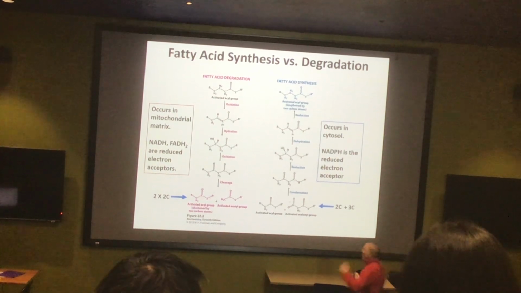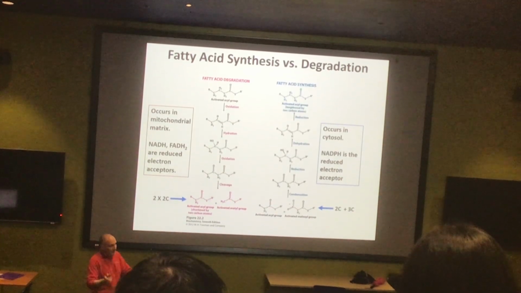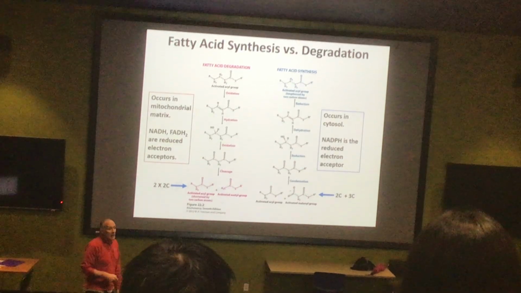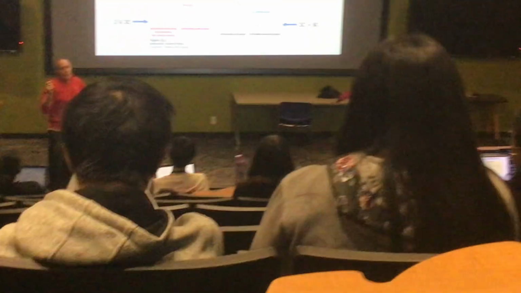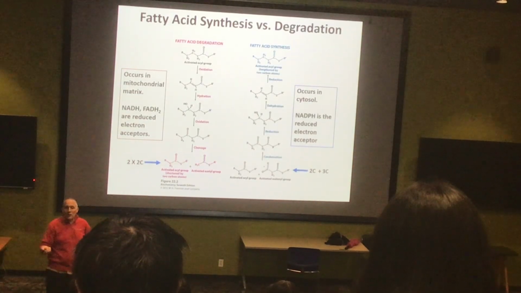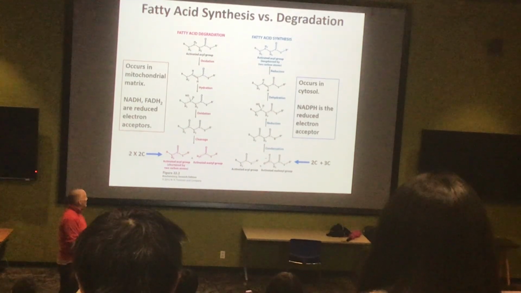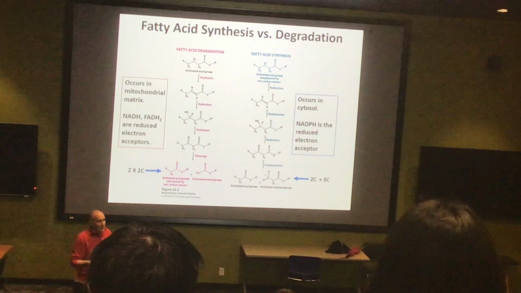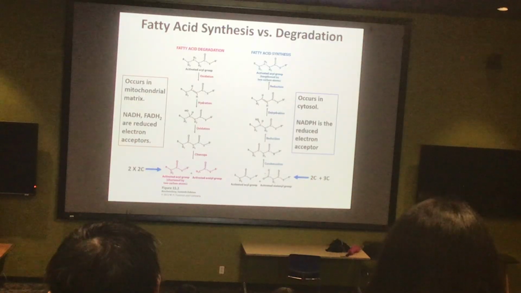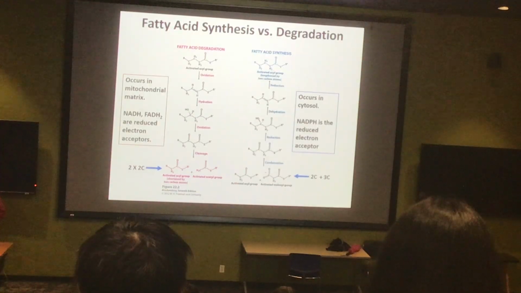Biggest difference of all: each time we went through beta oxidation, we chopped off, for most of this, yes, but we'll say it for all for now, 2 carbons, except the last step, of course, where we had 2 carbon fragments. This process of synthesis is going to involve sometimes a 2 carbon fragment, but more often than not a 3 carbon fragment. So even if you look at the first round of synthesizing a fatty acid, that first round where you have the smallest molecules, 2 plus 3. So a 3 carbon molecule and a 2 carbon molecule generate a 4 carbon molecule. So once again, the math doesn't seem to add up, but hopefully when you see the chemistry, you will finally see what to do with that.